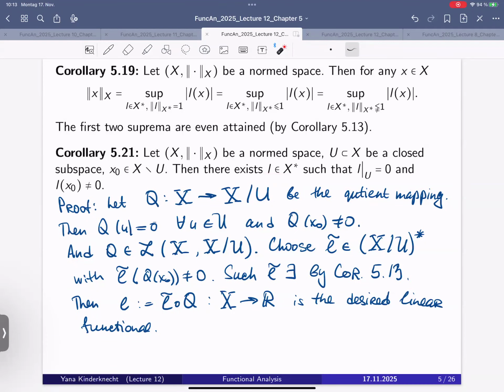And since we have this, we have also this. As well as since we have this, we have also this. That's it. Everything is clear, or are there any questions?